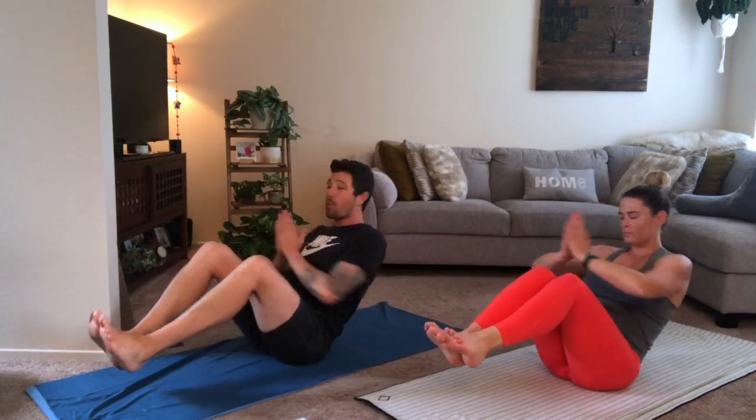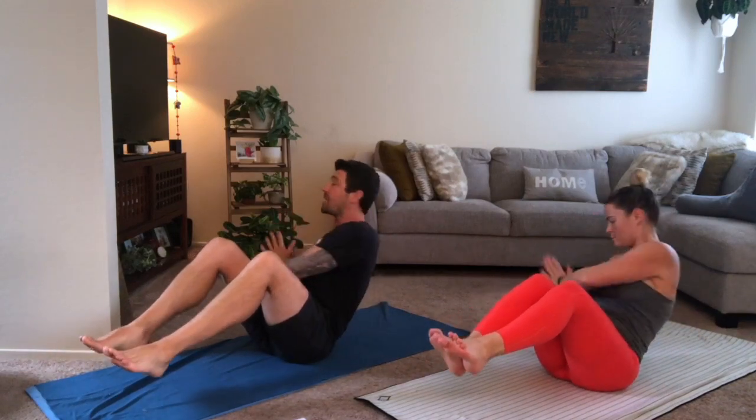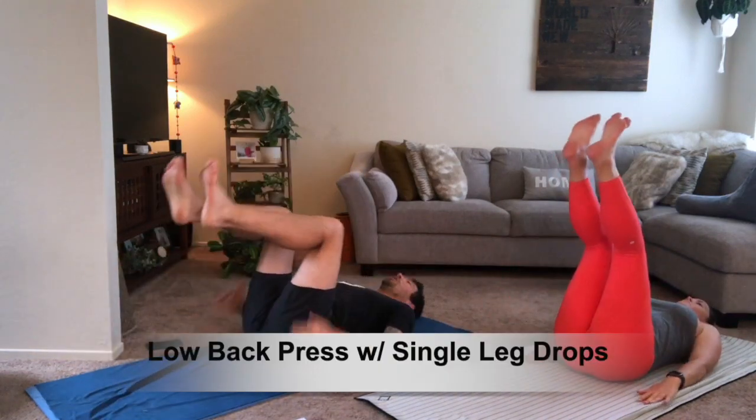Now, form-wise, I want to make sure that you're staying tall through the top half of the body. Feeling kind of your chest lifted, your spine staying straight, and you're rotating as far as you feel you can do safely. Finished up in 3, in 2, in 1, back to your back, both feet up into the air, low back